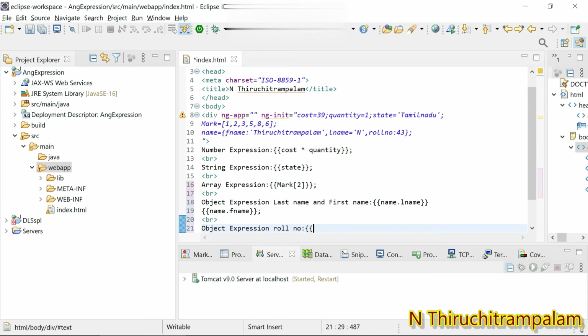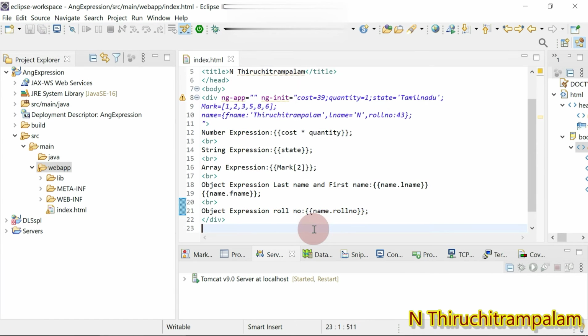I use the curly braces: property name is name and the key value is roll number, so that we will get 43 as the output on the web page. So I give name dot roll number.